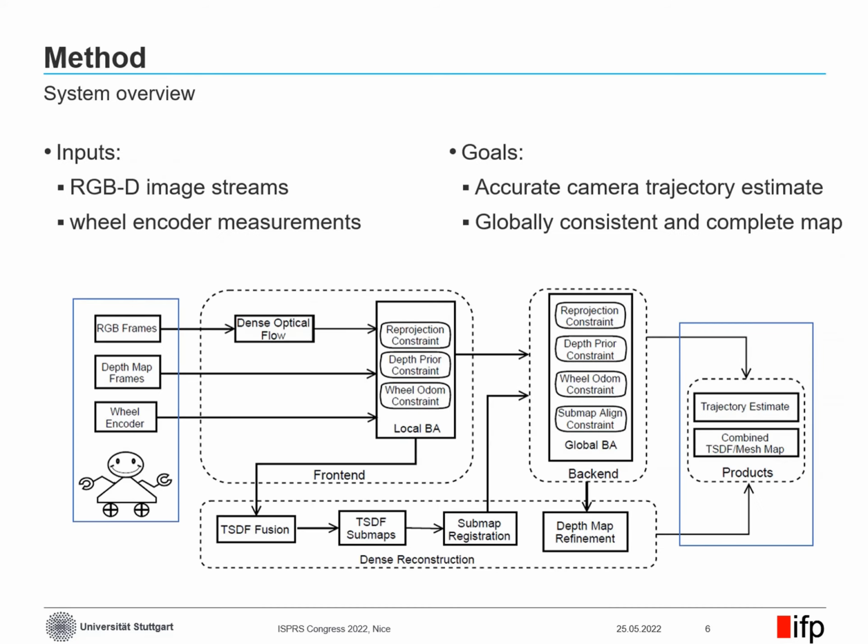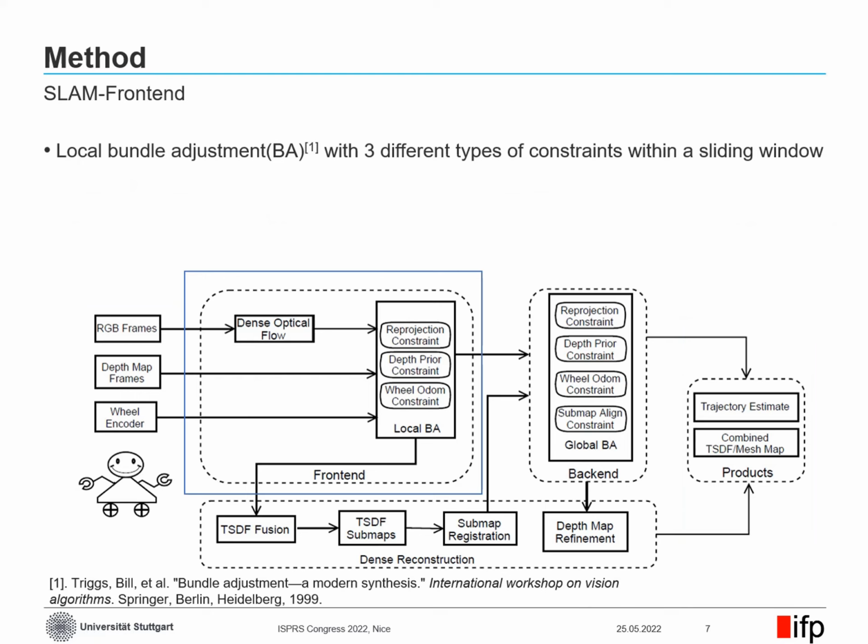Here is our system overview. The inputs to our system are the RGBD image streams and wheel encoder measurements. The goal is to produce an accurate camera trajectory estimate and a globally consistent and complete map. The first submodule of our system is the SLAM front end. The front end receives the inputs and constructs a local bundle adjustment, which consists of three different types of constraints